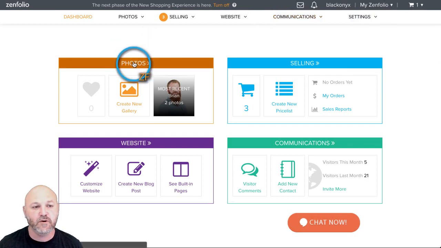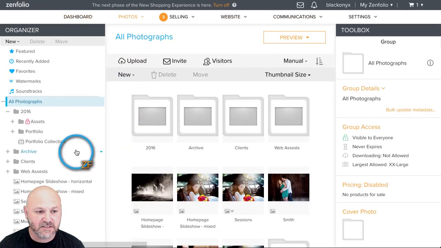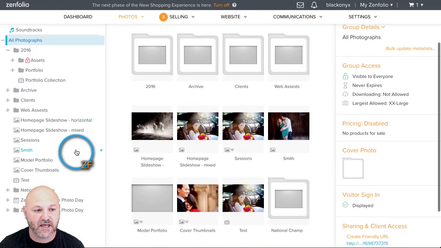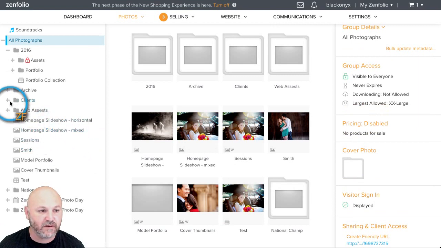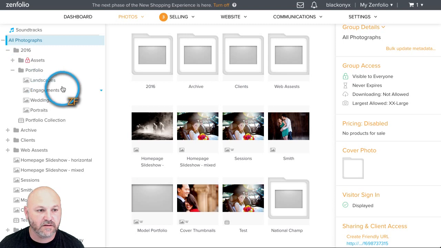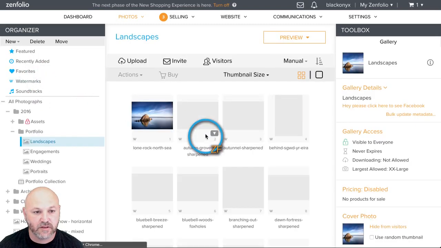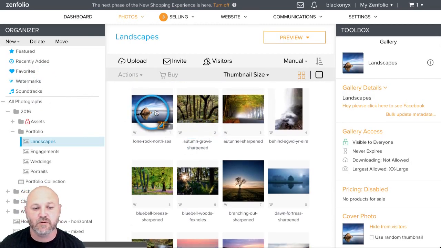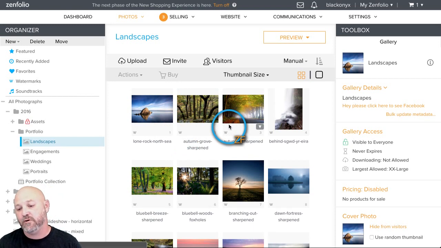So if you go to photos right here, and let's just say you want to move some photos from one gallery to another. So let me find a gallery I can do that with really quick. I don't know if I've got, let's see, we can just do the landscape one really quick. So if you go here and maybe you want to move all of these photos,